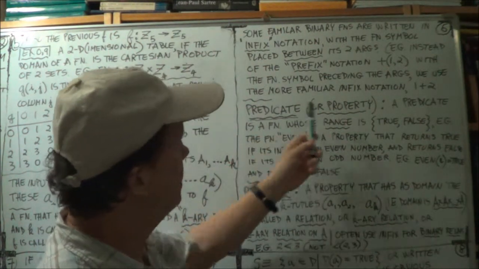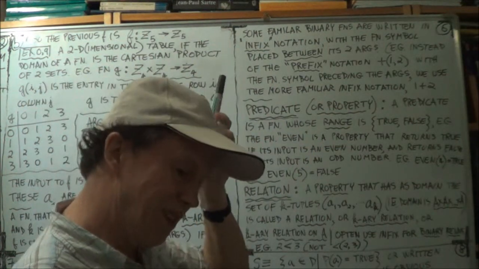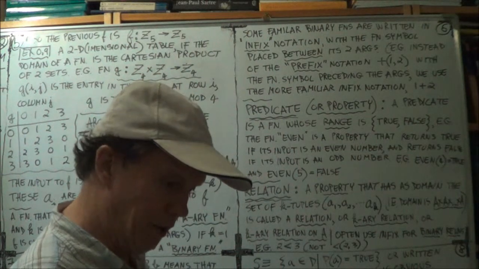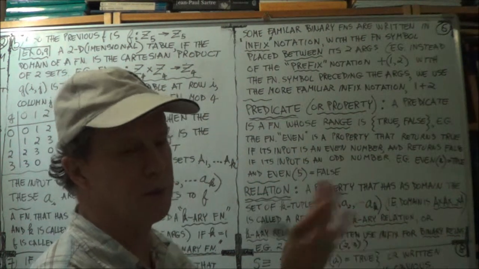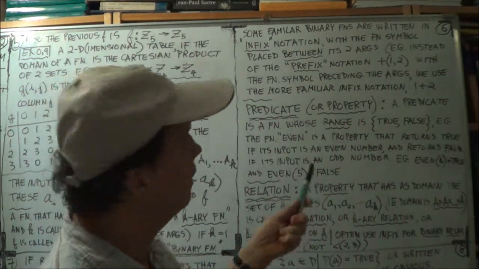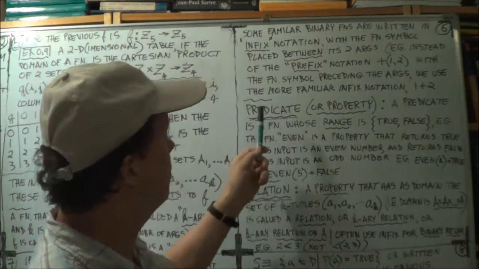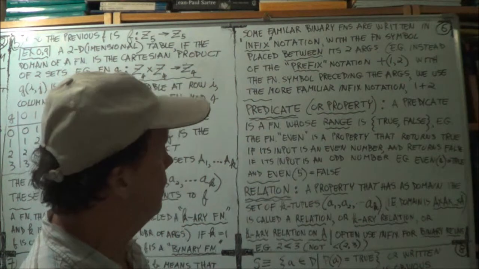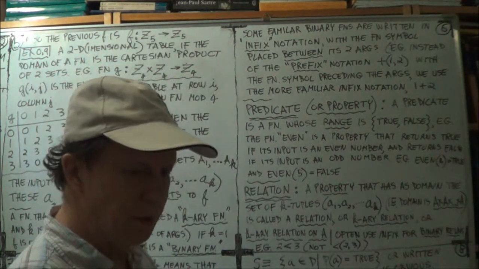Now, there's a synonym for predicate, it's property, and in this text, this particular author tends to use these two almost synonymously, pretty well synonymously. You'll use one and the other, and they have the same meaning. Okay? So when you think predicate, just think property, or property, think predicate. So what is a predicate? Well, it's a function whose output is